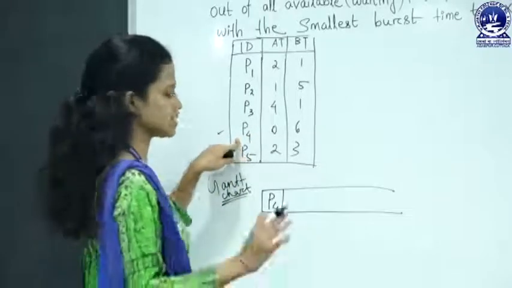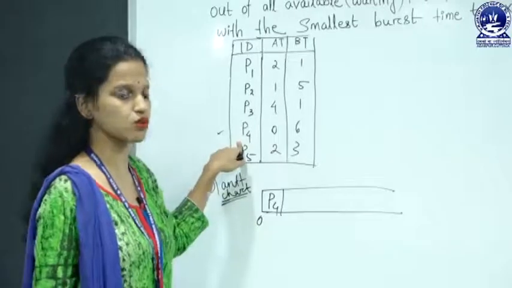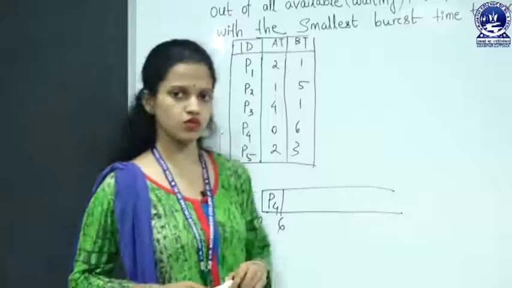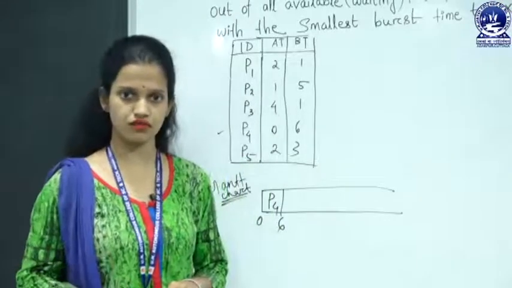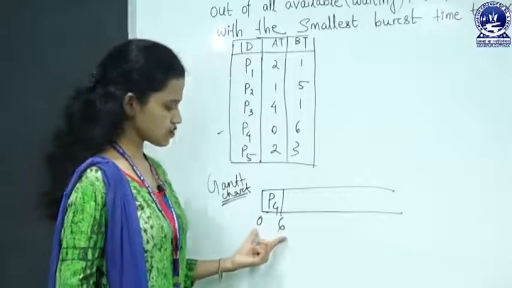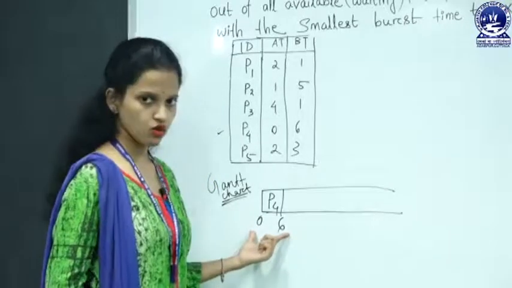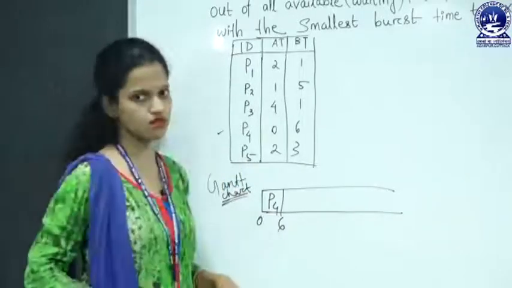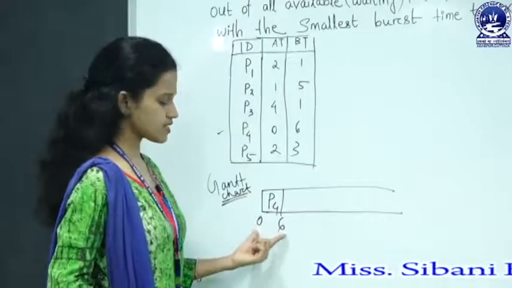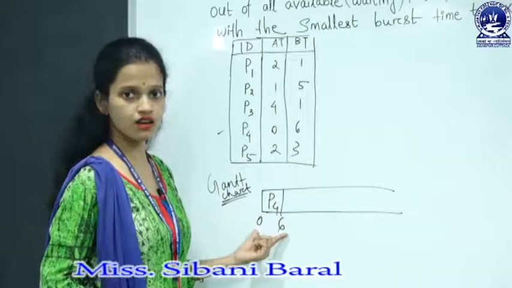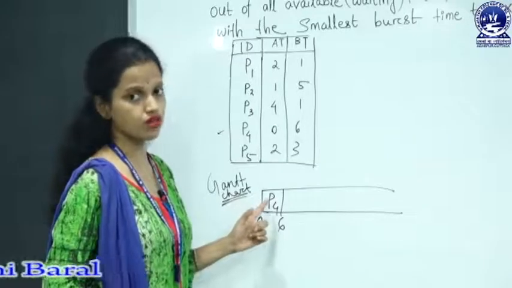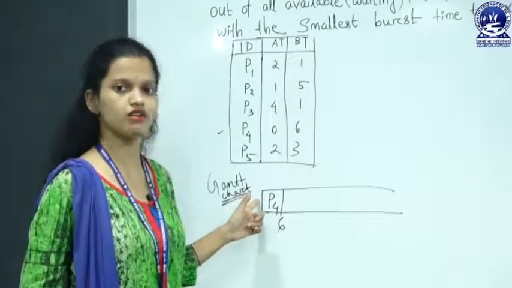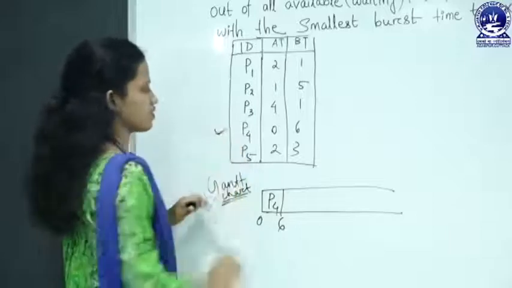So it is executing in the CPU. The CPU burst of the process is 6 millisecond. We are discussing the non-preemptive version of SJF. So in this execution time, 0 to 6 millisecond, we do not remove P4 forcefully and allocate another process to that CPU. In this execution, the operating system cannot remove this process forcefully. So during 6 millisecond it will be executed and it will be terminated. So P4 has done.